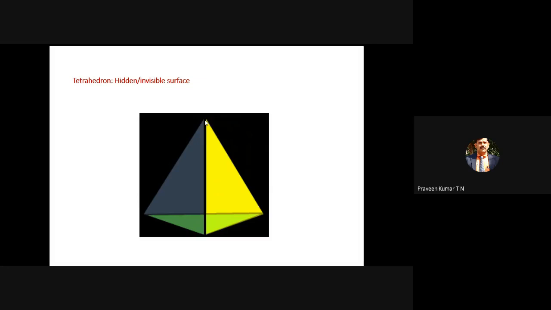And once again, take the scissor and cut from the bottom, from this point to this point. You can see the front edge, the dark front edge. Take the scissor or some blade. Imagine this is a paper model. So cut from this point to this point and open it. Then it is referred to as a development of the solid.